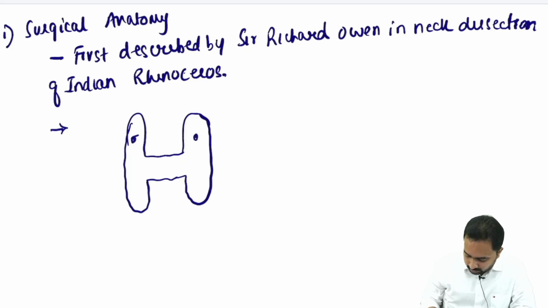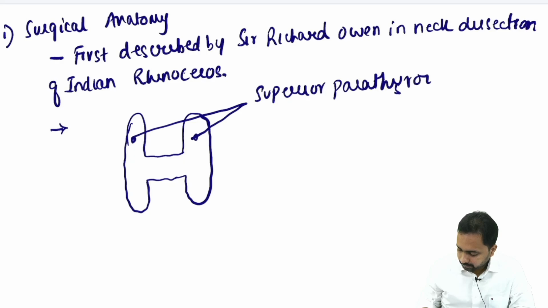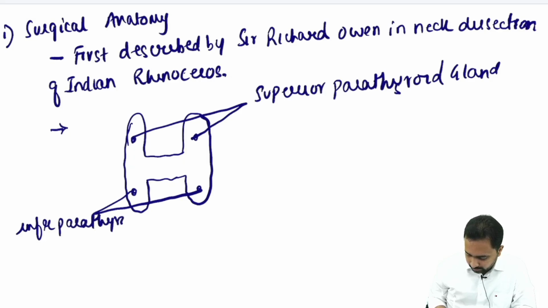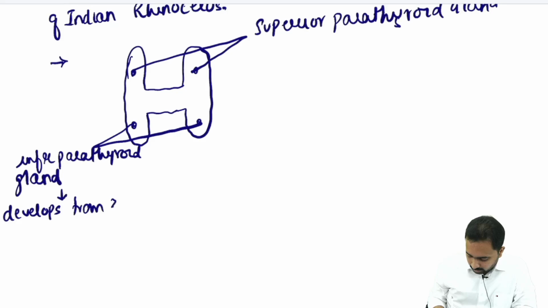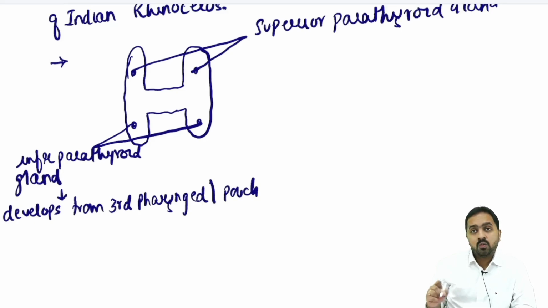So, these two are the superior parathyroid glands, and these two are the inferior parathyroid glands. The inferior parathyroid gland develops from the third pharyngeal pouch along with the thymus,